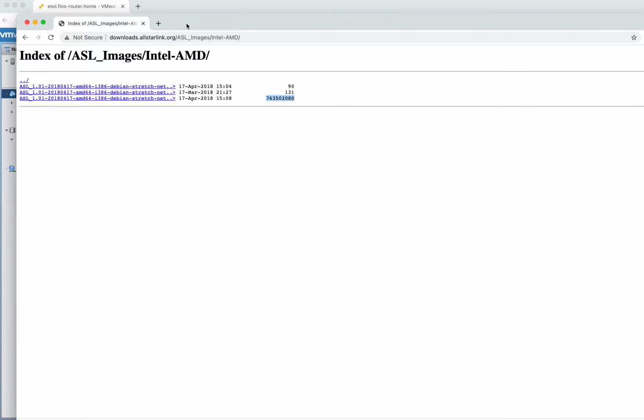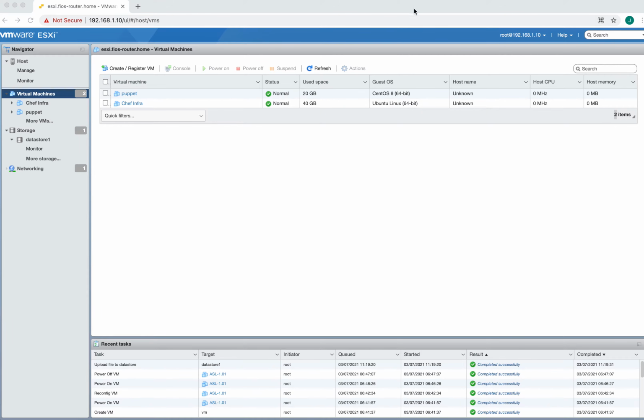Now, once that's in the downloads folder, you're going to log into your ESXi host instance. So this is typically ESXi 6.7. This is VMware's host, which will run virtual machines. I have two VMs here that I've used for projects in the past, but now I want to make this Allstar VM. So the first thing you got to do is you got to get the bits, the ISO file